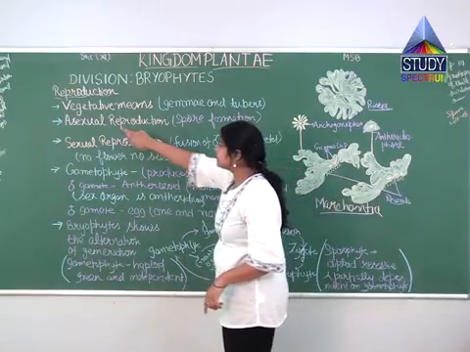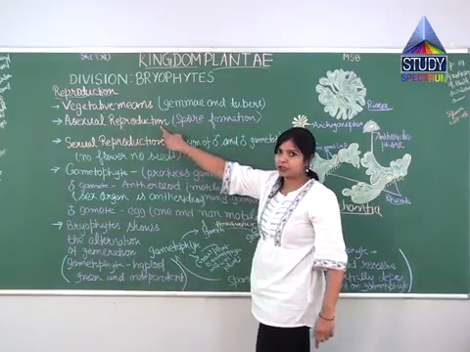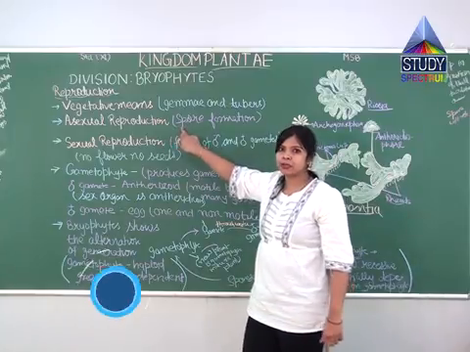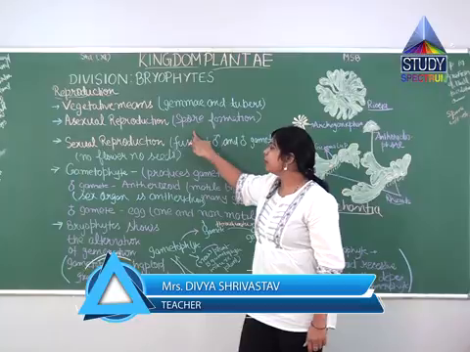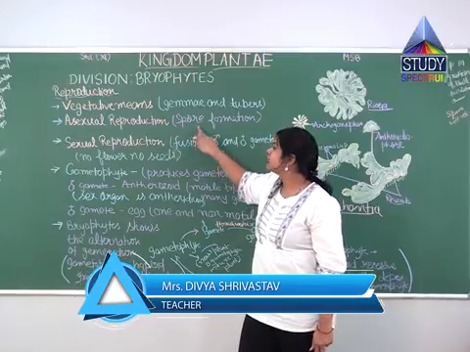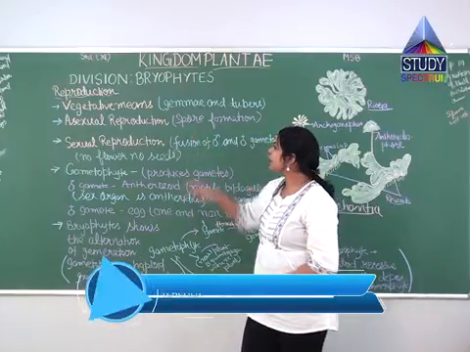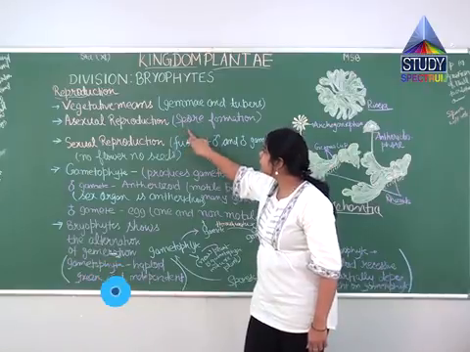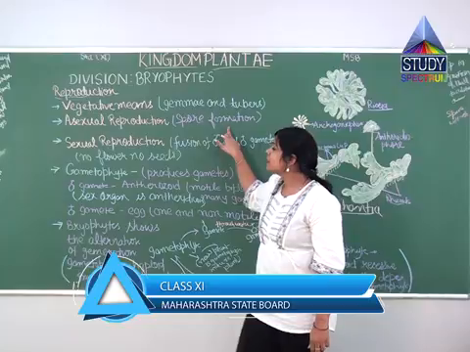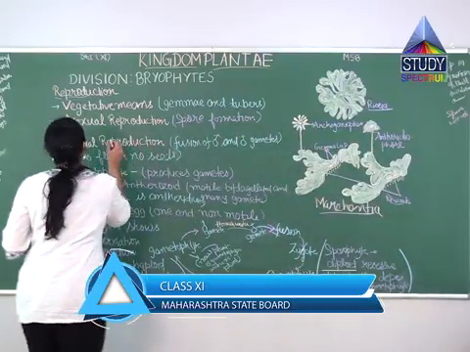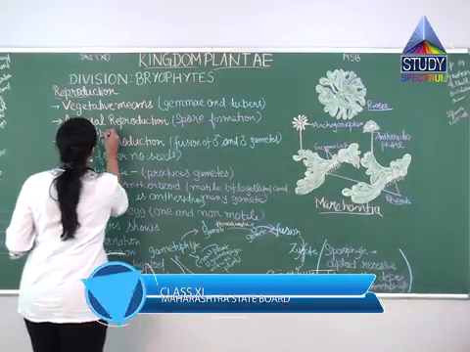Now the next is asexual reproduction. What happens in asexual reproduction? Here new individuals are born from a single parent. What happens in bryophytes? Here also spore formation takes place. Spores are released from the